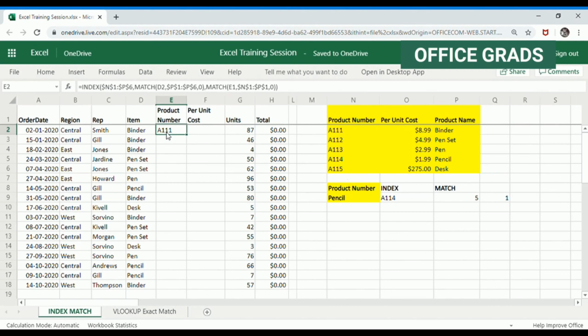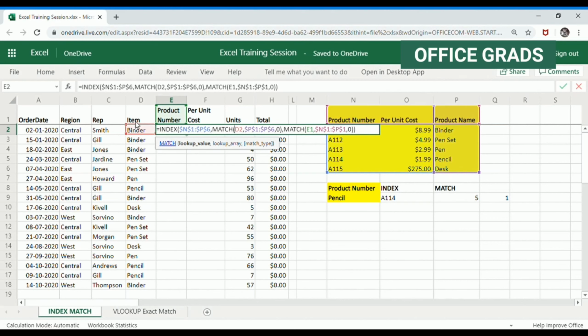Okay, so we have the product number for binder. Let's find out if it is correct. Binder AL111. So it is absolutely correct. However, if I drag this formula down, will this work? It is not working. Similarly, I try dragging it to the right. Is it working? It's not. Two very important pieces of information are still not frozen, which we still have to freeze. That's none other than your lookup value for a row and a lookup value for a column.